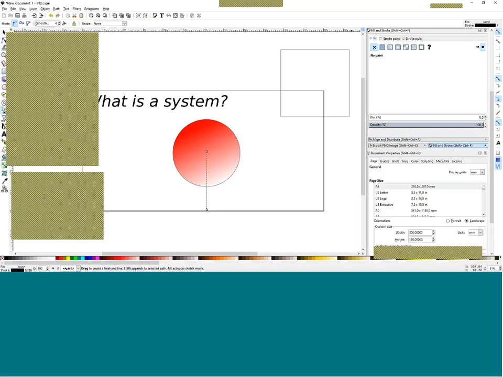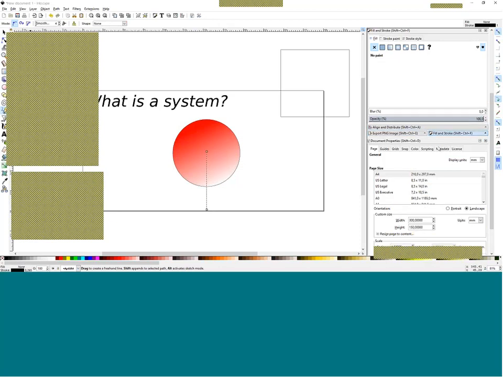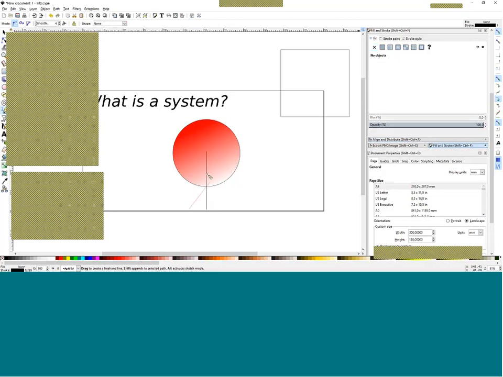Let's see if I can get this open again. That's annoying, the function is very slow. Sorry about that. I was hoping it would be a little bit more efficient. Go here. No, it doesn't want to work.